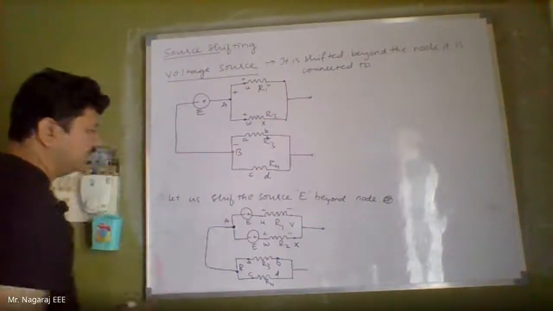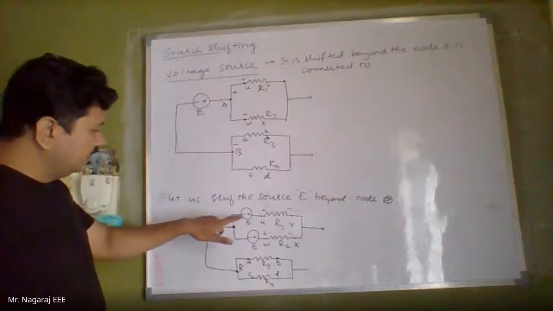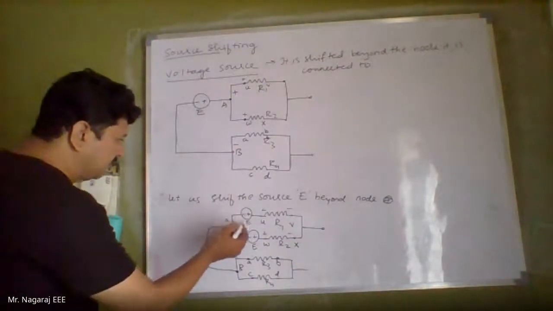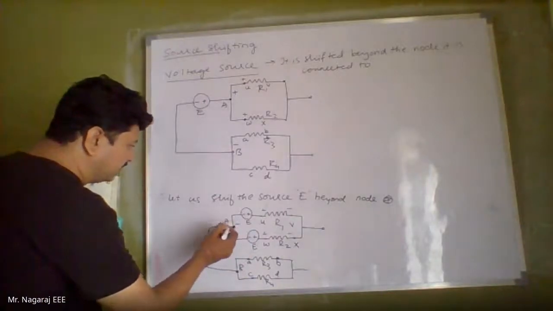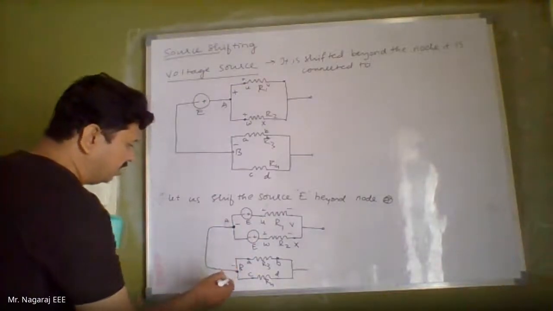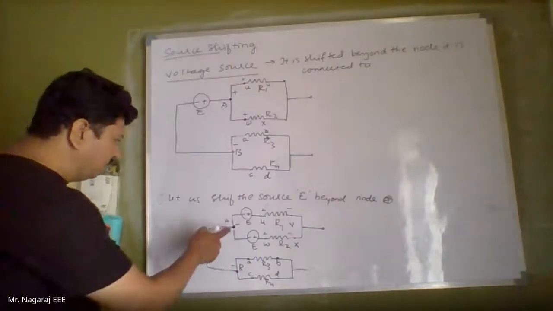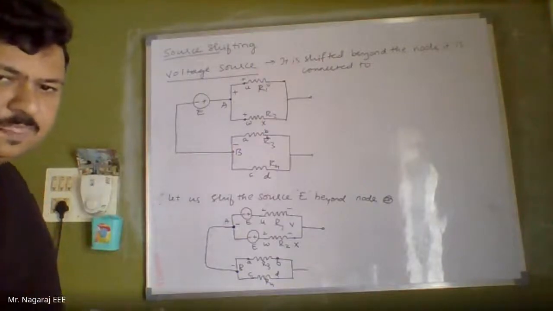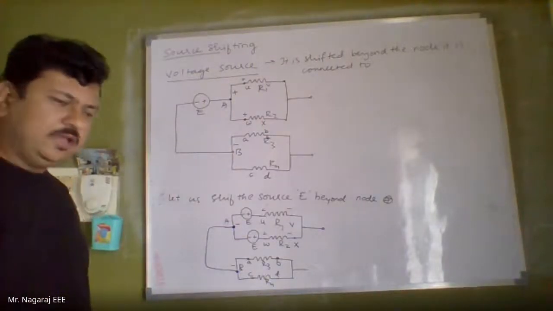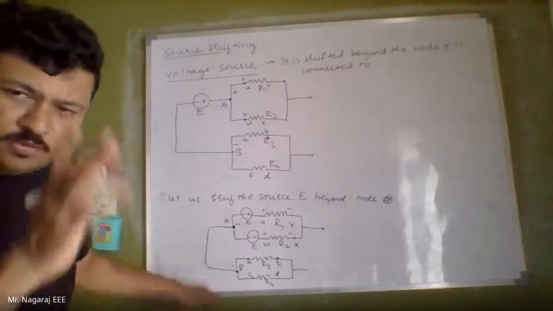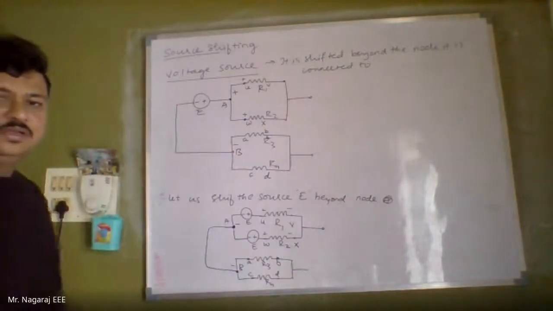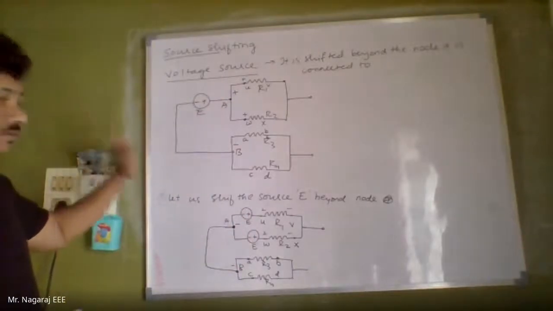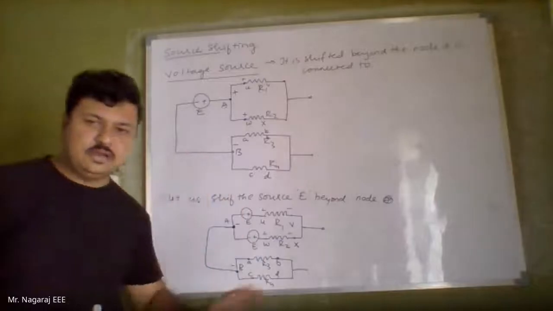Now what is the potential of node A? It is negative. Okay, this source and this source both are connected with negative potential to this node A, and node B will be automatically at negative potential because now node A is directly connected by a solid wire to node B. So therefore, automatically, the polarity of the other node will not change. It will remain the same. So exactly this circuit is the same as that one. So this is how the source shifting is done.